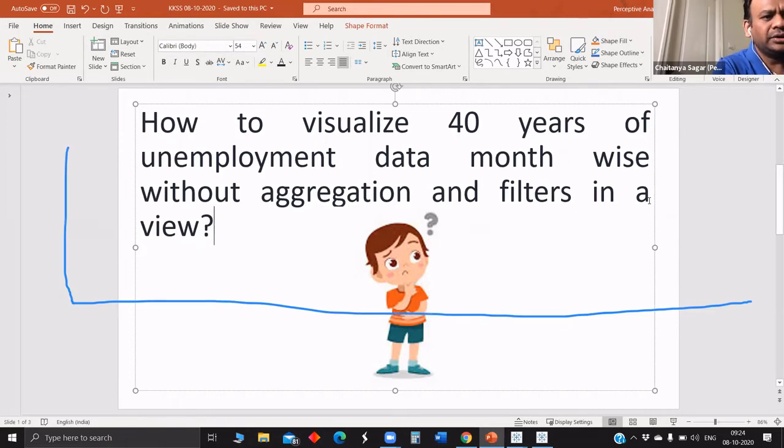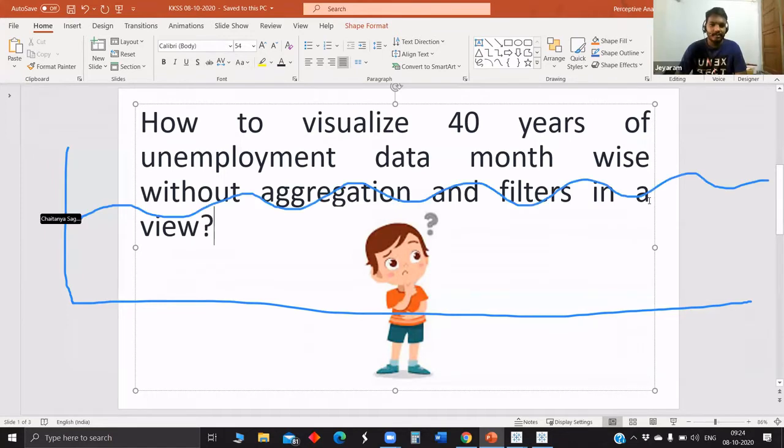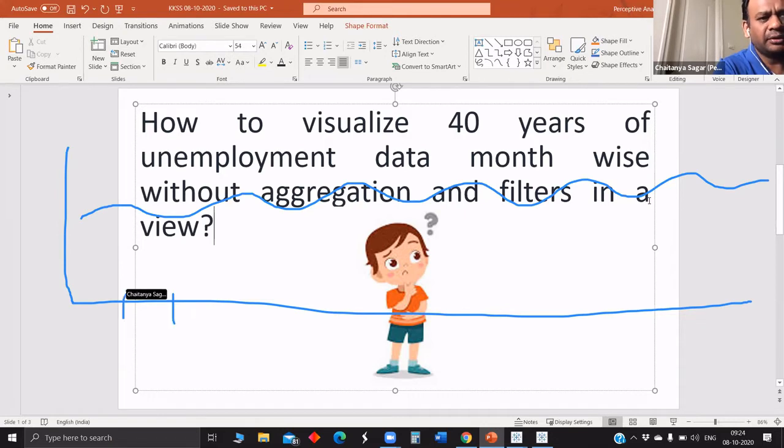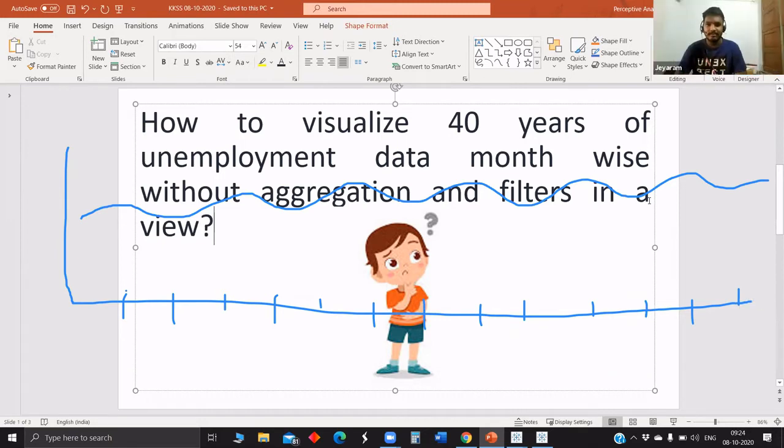I'm thinking of a really simple trend line like this, and 40 means you'll have much smaller ones, so it will be something like this. Each decade probably could be colored, or there can be a minor variation between one year to the other, so that it can show a little bit of progression, something like that.